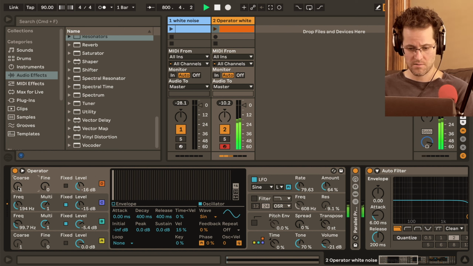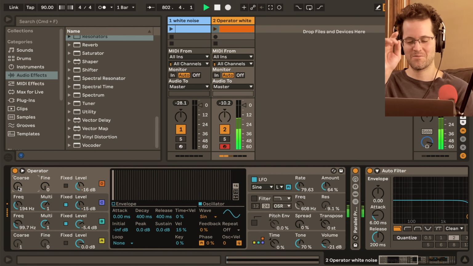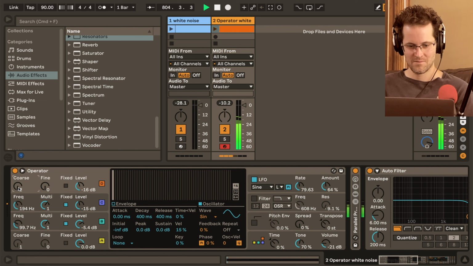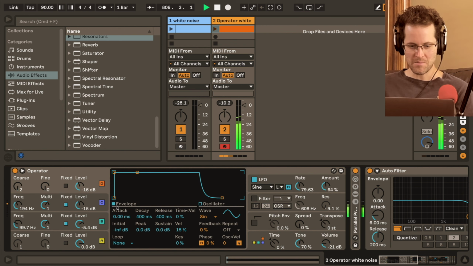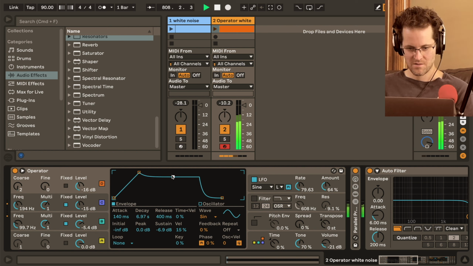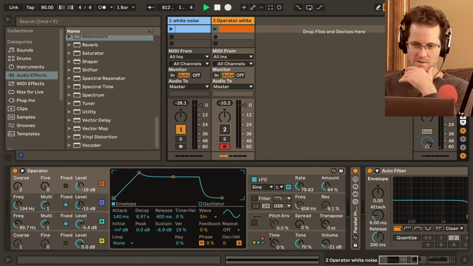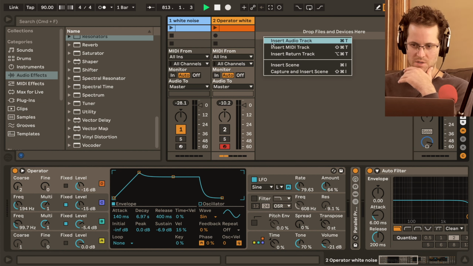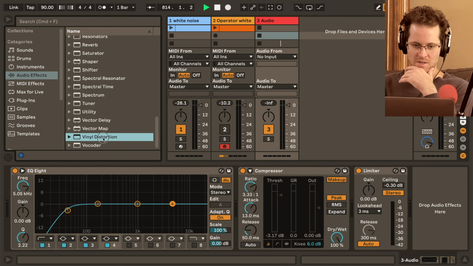Wow, what's happening now? Now it's a synthesizer. Maybe make the envelope like fade in. It's cool, right? All right, now we got to get going here. It's been very fun, but the last thing I wanted to show you is the vinyl distortion, because it kind